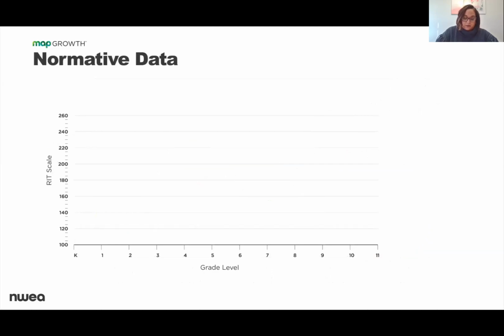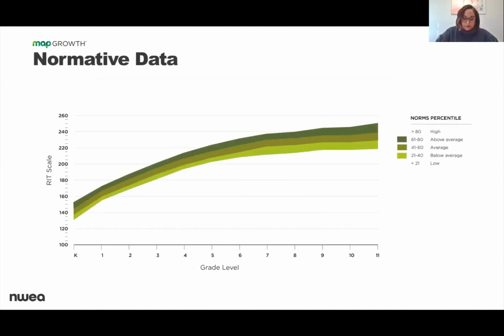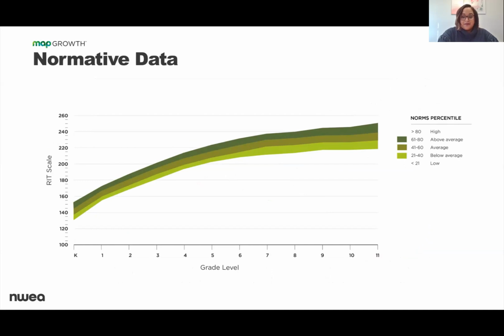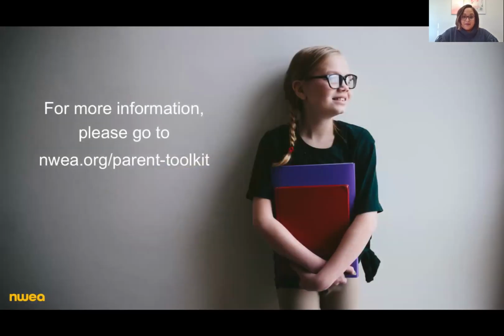Every 3 years, NWEA provides schools with norms. This is anonymous data for more than 10 million students around the country. It tells teachers and students the top, middle, and bottom scores of all these students combined, so they can compare where a student is to other students and help them grow. A teacher can then say to a student, "Wow, you're in the 98th percentile. What kind of work will keep you challenged?" Or, "You're in the 50th percentile for math. Let's look at where you need help." MAP growth improves both teaching and learning by giving teachers accurate information about your child. For more information about MAP growth, visit